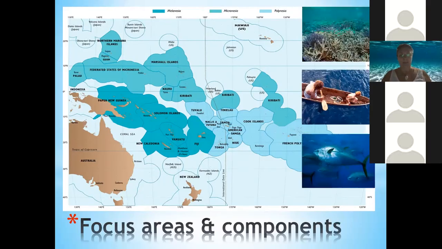So we looked at a number of different components. We looked at habitats, so marine habitats such as coral reefs, but also seagrass and mangroves. We looked at coastal fisheries that depend on these habitats for finfish, as well as for invertebrates such as sea cucumbers, clams, different invertebrates that communities depend on for food or to sell. We also looked at oceanic fisheries, because of tuna in particular, there are 4 species of tuna that are targeted in this part of the Pacific, and they are critically important in terms of revenue and economic development of these nations, and certainly the largest fishery across all of these 22 countries.